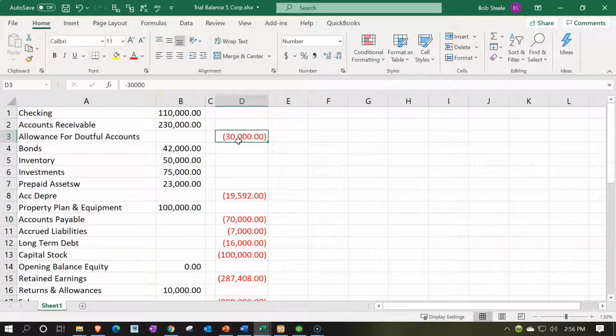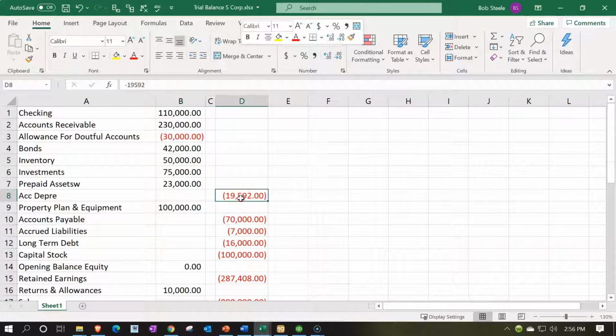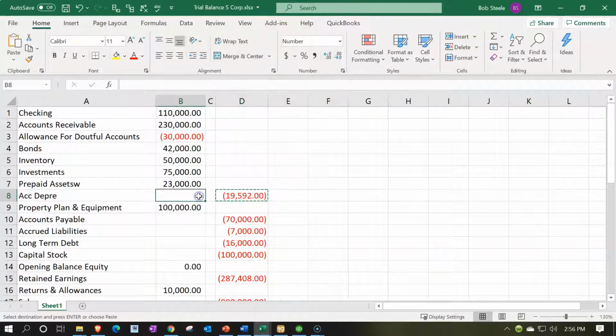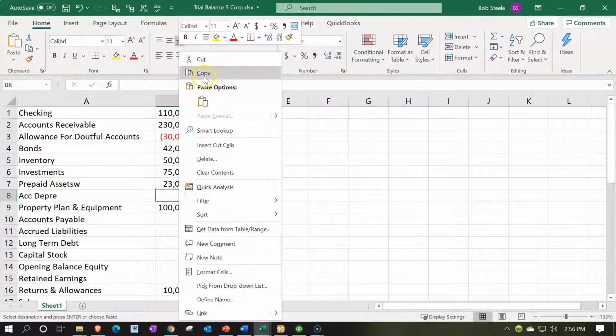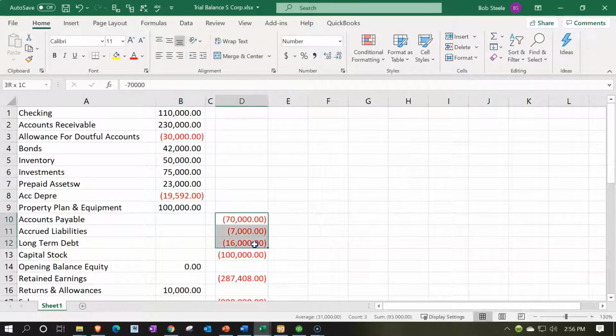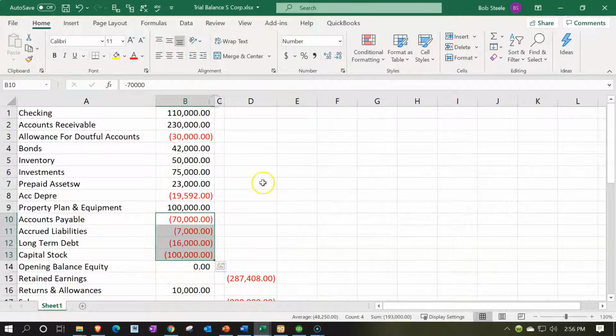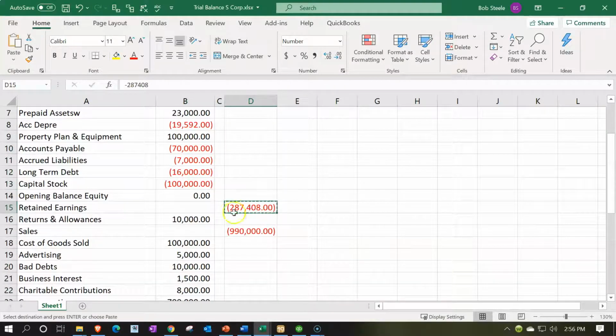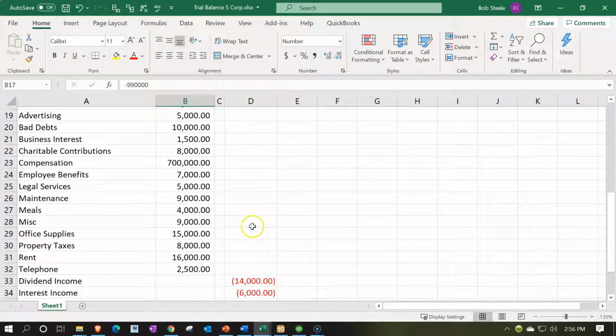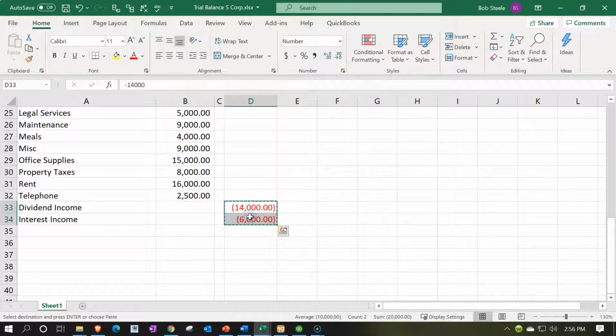I'm going to pull these over, so I can put my cursor on the edge of the cell and drag it over, or I can right click and cut it and paste it over here, right click and paste, or I can use the key functions for that, selecting these. Control X is cut, and then Control V is paste. I'm going to make this a little bit larger so it can handle that. I'm going to say Control X, Control V, Control X, Control V,